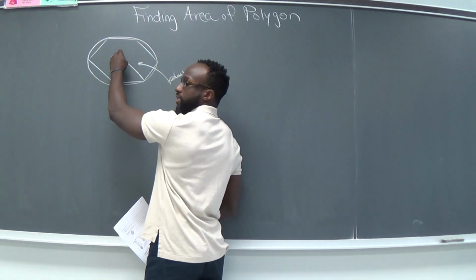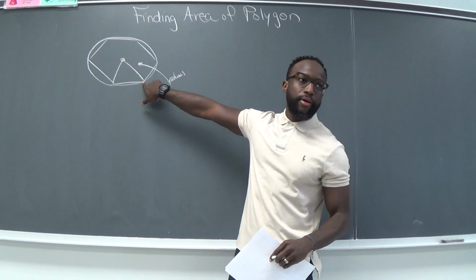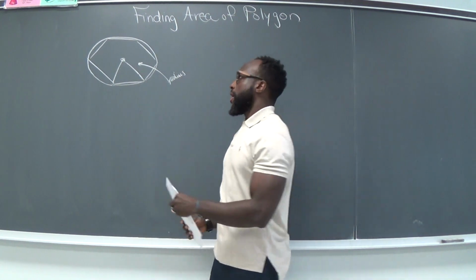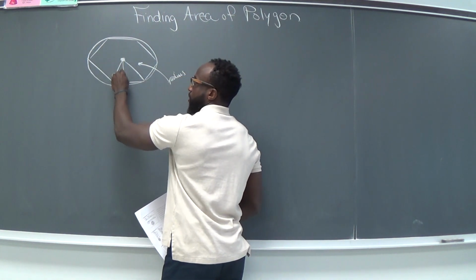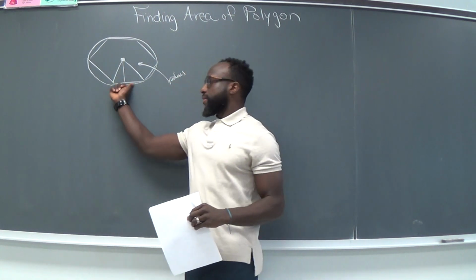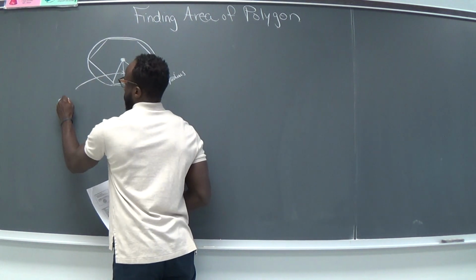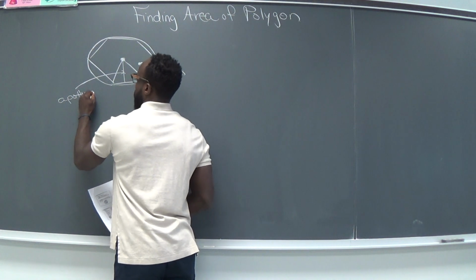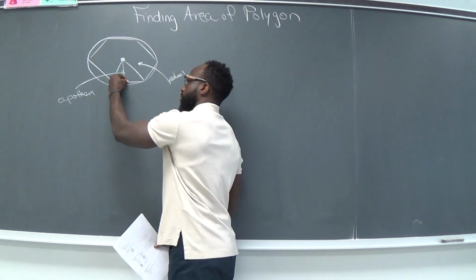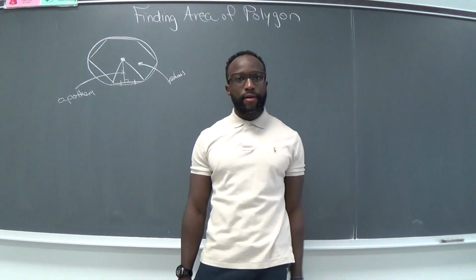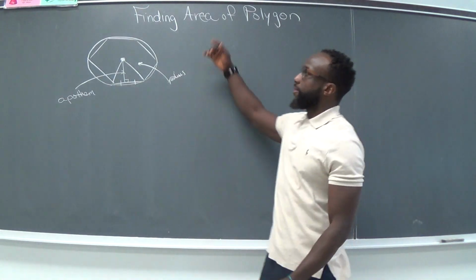Another thing about the radius is that it bisects this corner angle of this vertex here, so it cuts it in half, right? Now, a line going from the center of the polygon to the middle of a side is called the apothem. And the apothem is a perpendicular bisector, right? So it forms a right angle and it cuts the side in half, okay? Those are things that you have to keep in mind when you are trying to find the area of a